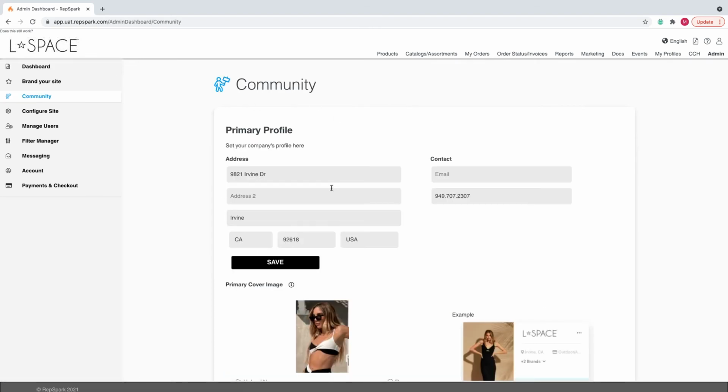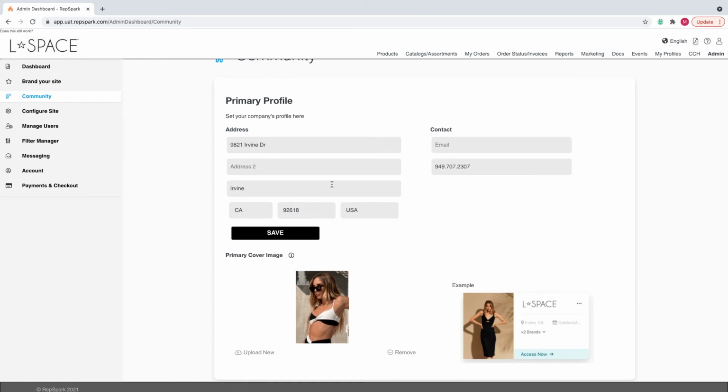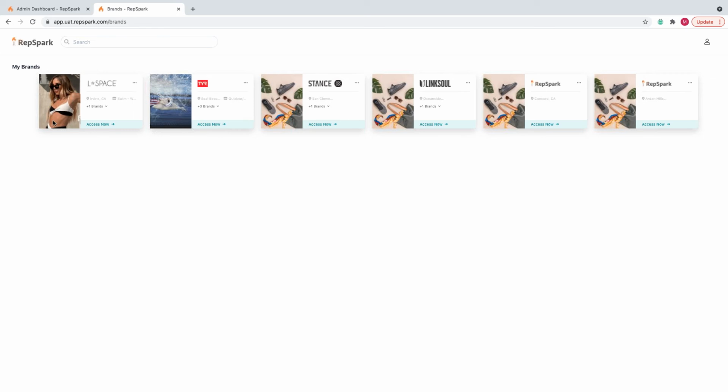The first thing you're going to see is your primary profile. So this is the primary profile right now, and it's what is shown on this first tile. So if we go into the live area here, what would be shown here on this first tile. So when it's asking for the image, it's going to be the image that is here on the main tile